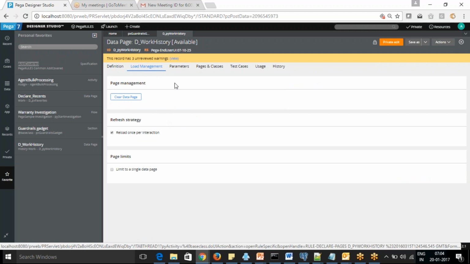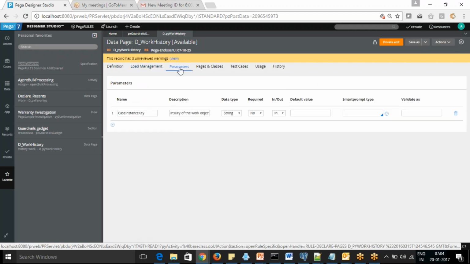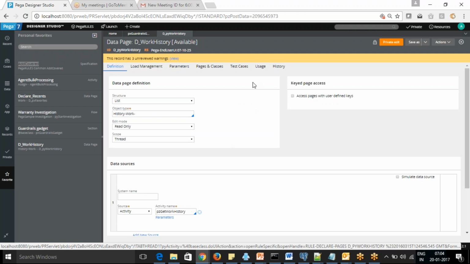No, right? If I go to the parameter tab, actually this is for faster access. The clipboard is only to make it faster.